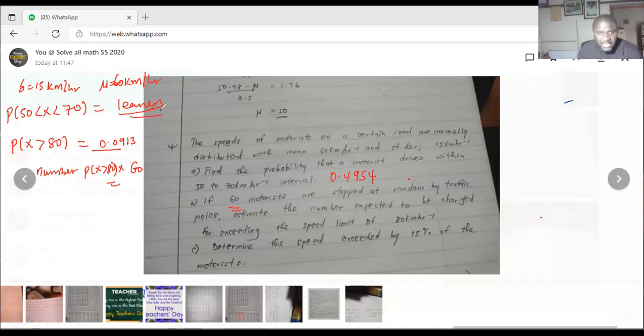Now, the last question is where the interesting bit is. Determine the speed exceeded by 15% of the motorists. It means the probability of X is greater than A, which we don't know, is equal to 15%, which is 15 out of 100. So this will give us the probability of Z greater than A minus